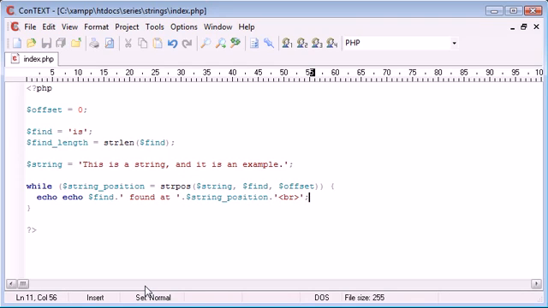Okay, so what this is going to do is, for every time it's found, we're going to echo the position and obviously the word. We're going to reiterate, and then we're going to put a line break on the end. But now what we want to do is create a new offset, because at the moment we're going to find